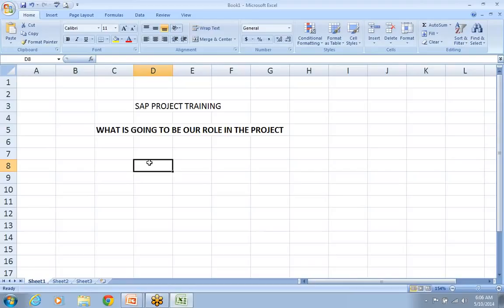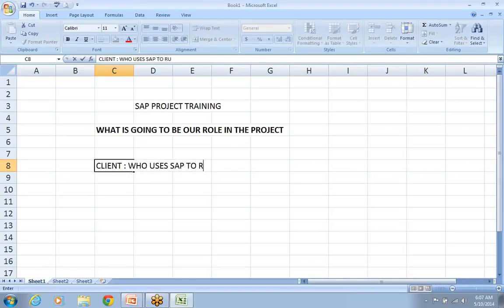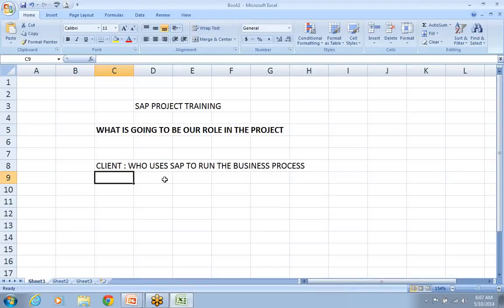Before we get into further details, the first thing we will concentrate on is who will be addressed as a client and who will be addressed as an implementation partner. What exactly is the role of a client in a project? The client is the one who uses SAP to run the business process. He will be using SAP to run the business process. The client is going to be the highest level in SAP implementation,